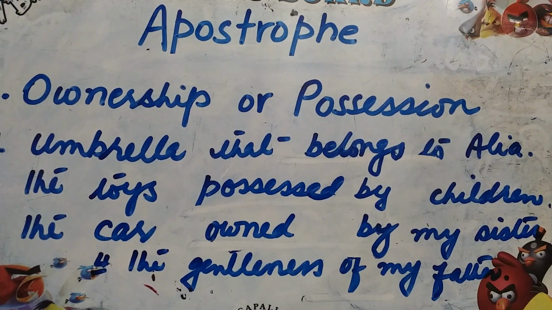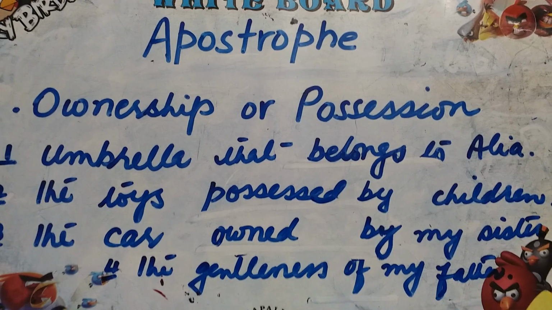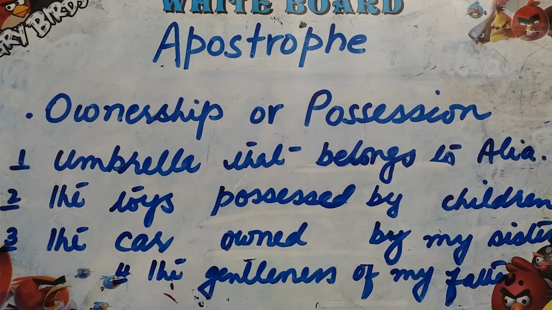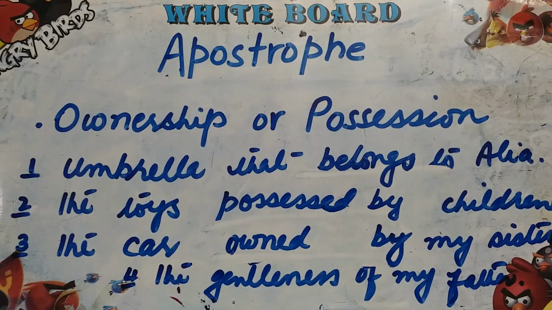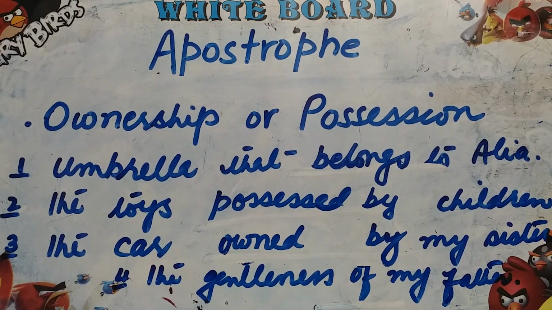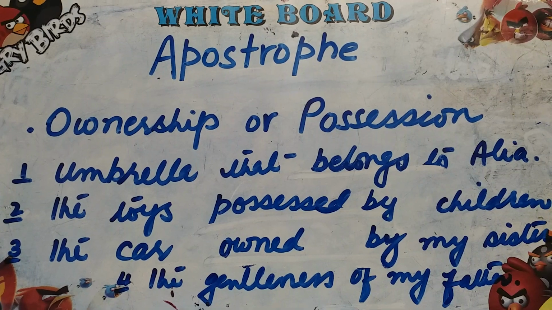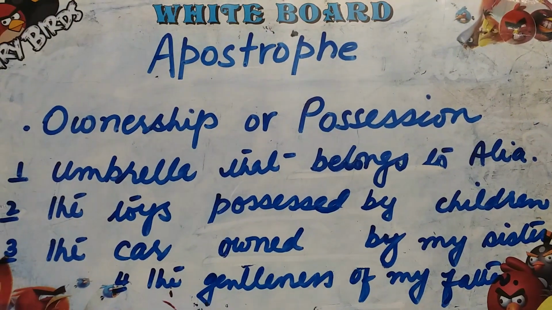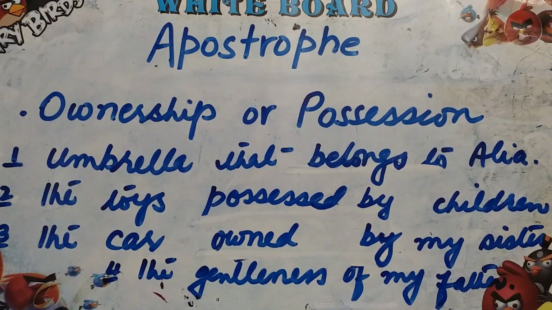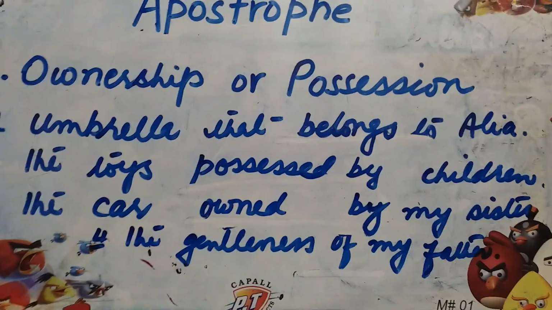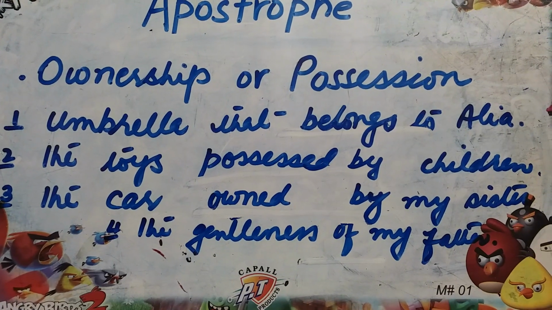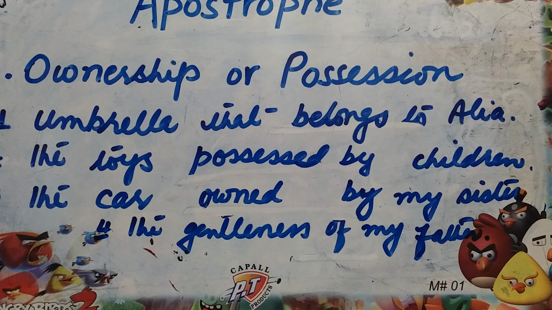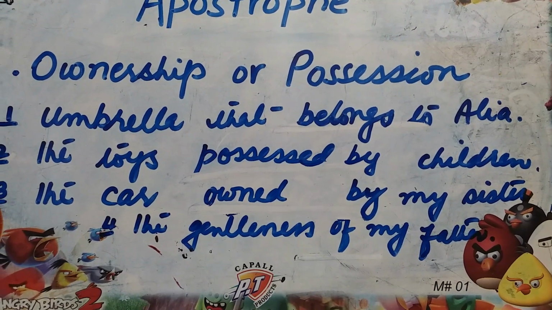I'm here with your lesson on the apostrophe. We did the first part yesterday, which was that we use an apostrophe to show the omission of one or more letters in a contraction. Today we are going to learn that we use an apostrophe to show ownership or possession of something. To show ownership and possession, we use words such as belongs to, possessed by, owned by, of.